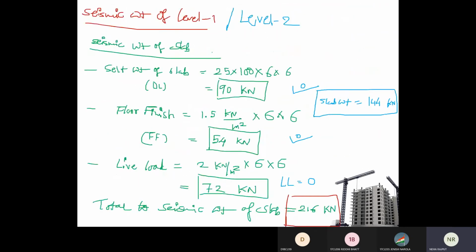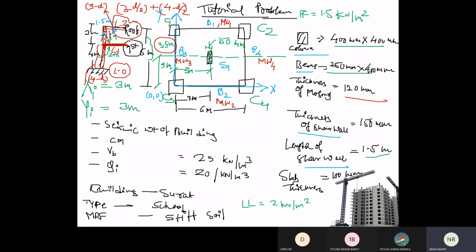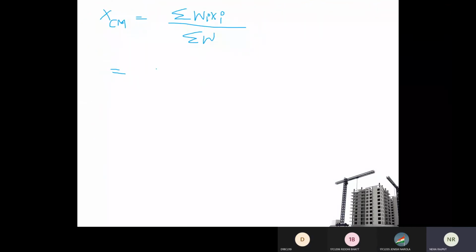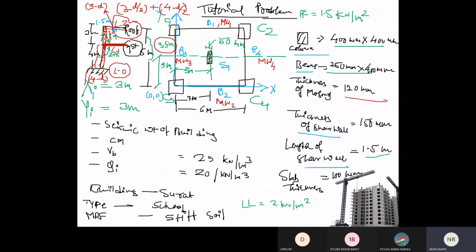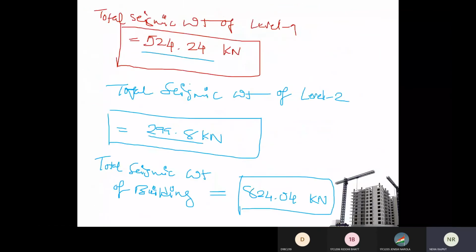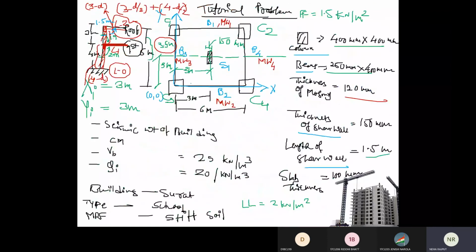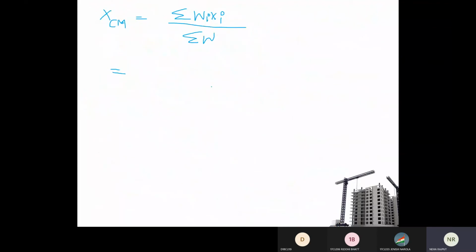So the first member we took is the slab. The weight of the slab we have is 216. Now we need to know the CG distance of this slab area from the origin. Can anyone tell, in the x direction, what is the CG value of this slab from the origin? 3 meter. Right, so directly you can write here 216 into 3. And from this you will know what the center of mass comes out, it should be 3 meter by 3 meter. Right, so we will check whether we are getting it or not.